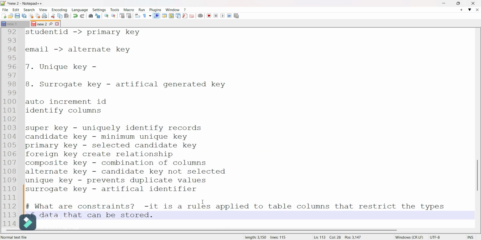Okay. So they ensure correct data, no invalid values, better data integrity, and a consistent database.